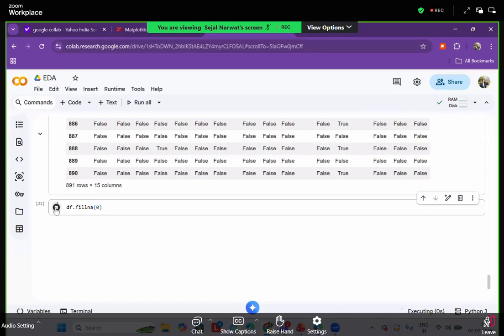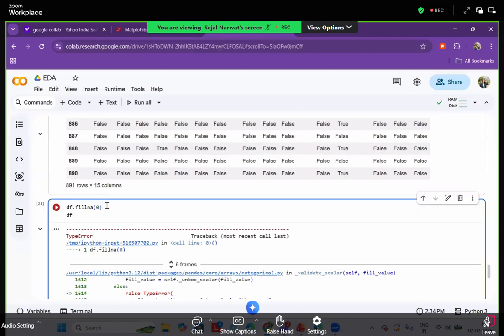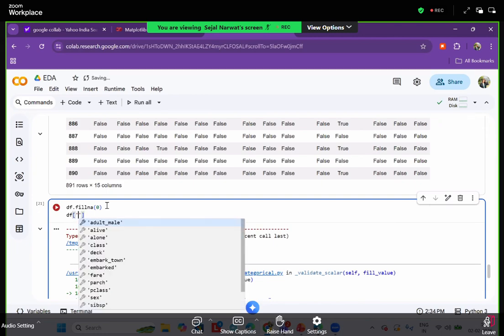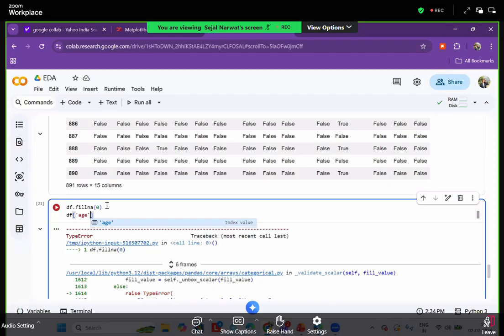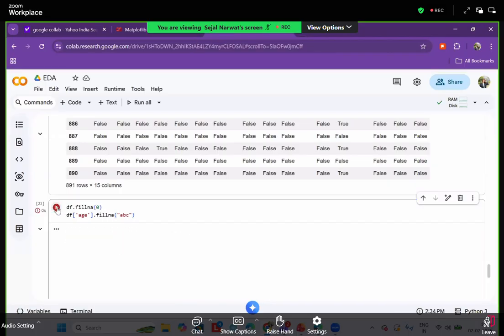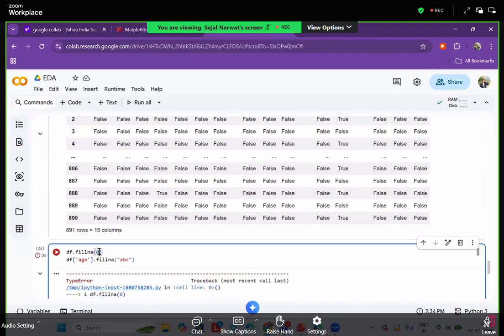Suppose you can write anything there. That we'll do later because we don't have the zero value there which you can fill. But right now,